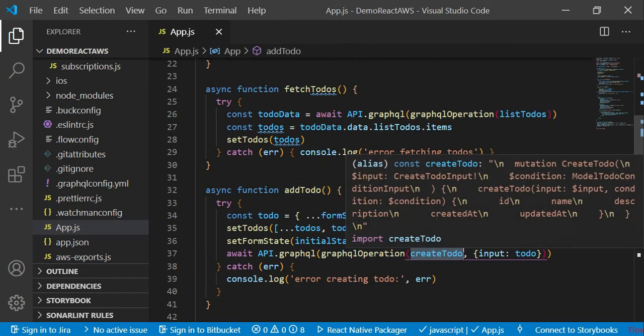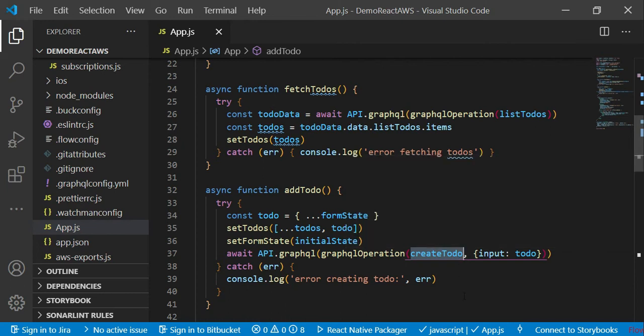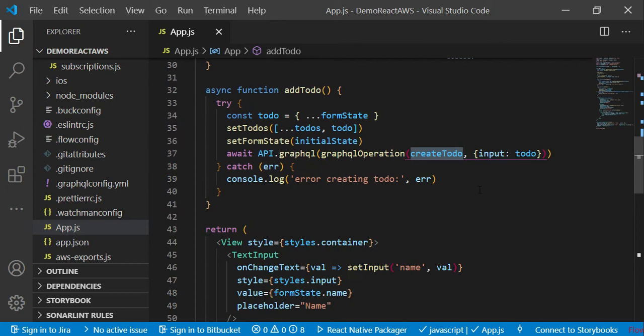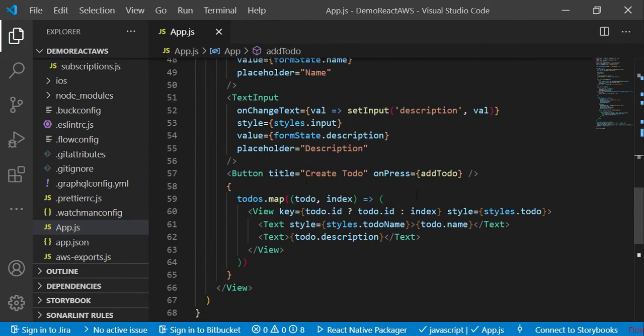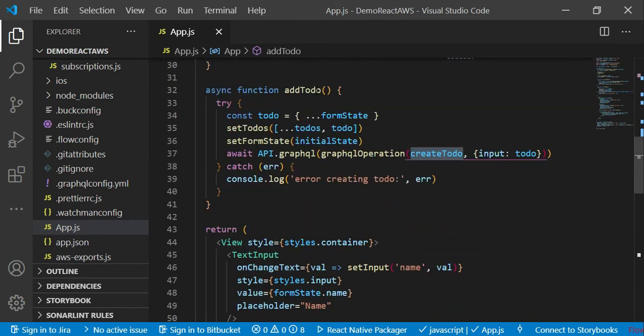So what is the difference between query and mutation is, see, create Todo mutation accepts an argument that contains the variable needed for the mutation. So it accepts this particular argument which contains the variable for processing this particular query. Okay, so this is the description, and at the end see two text input they have taken. First one is for name, second one is for description, and one button is placed. So when we click on this particular button, then the on press add Todo function will be called, and a new Todo will be created.